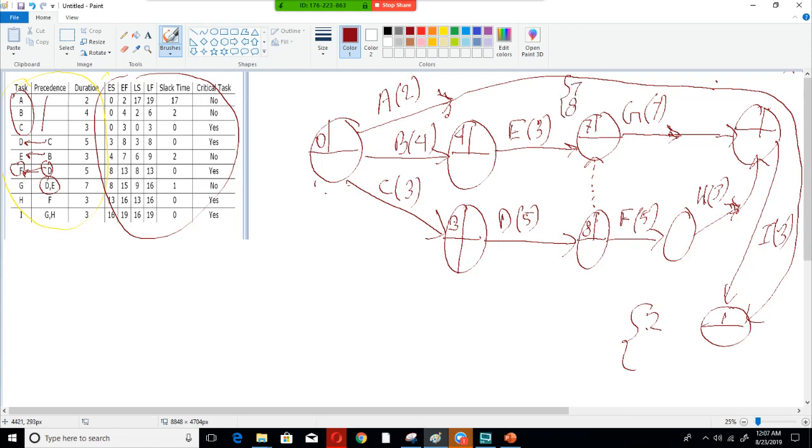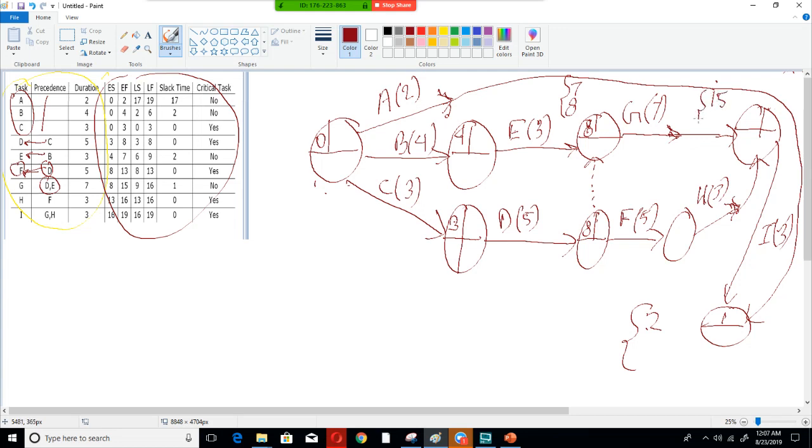See, so I have to take the highest one, so I have to take 8 here, as there are 2 inputs here. So when there are 2 or multiple inputs, I have to take the highest value. So here 8 is the highest value, I have to take 8. Now if I add 8 with 7, I'll get 15,